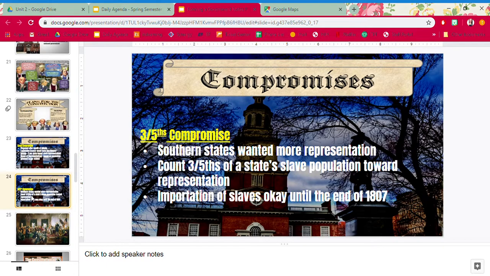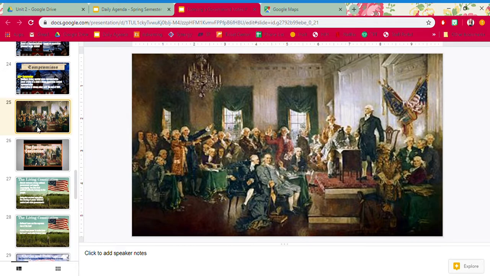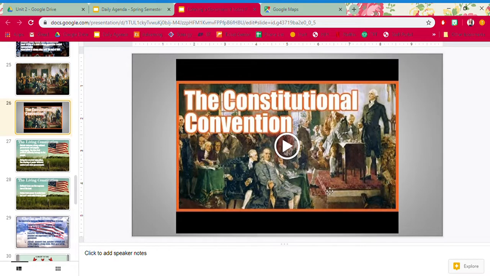But something to point out here is slavery is actually never mentioned specifically in the Constitution. The word slavery is never in it. They only use phrases like free persons or all other persons who are not free, but they never actually say the word slavery, which is pretty interesting. So here is a painting depicting this first Continental Congress. Here's George Washington, Alexander Hamilton, Ben Franklin, and they're all meeting and debating and discussing. This should also look familiar to you because this painting is in the hallway. Okay, and there's another video about this painting that I'll send to you.